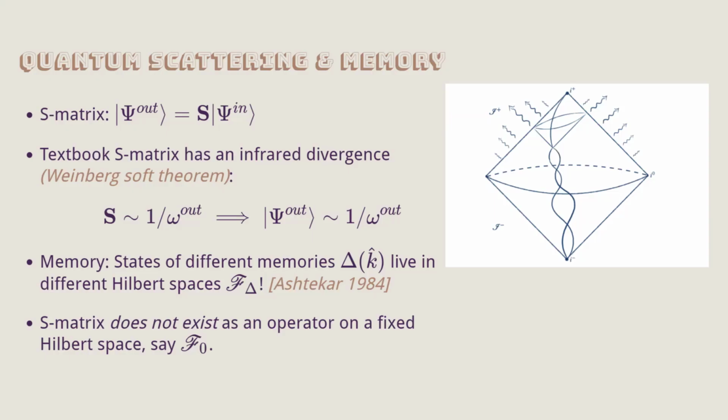Then, sorry, in that point of view, what is the physical observable in which memory will show up? Nothing. In inclusive cross sections, it never shows up. So where will it show up? If you only compute inclusive cross sections, memory will never show up. Yeah. But in what other experiment will memory show up? Because in some sense, the S matrix.